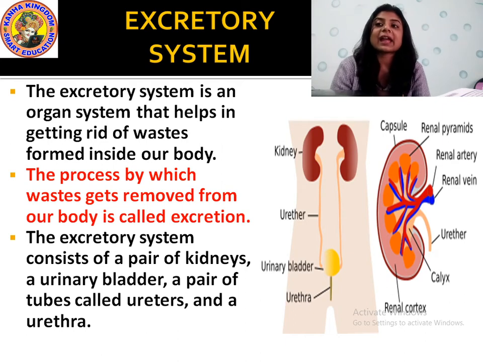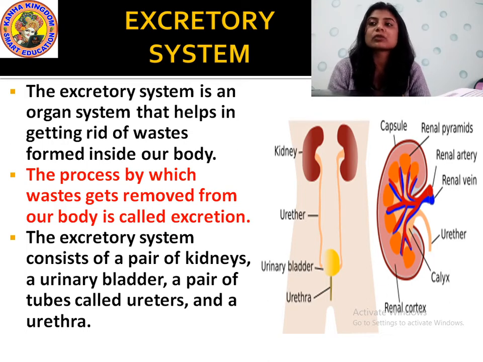Okay, and the excretory system consists of a pair of kidneys, a urinary bladder, a pair of tubes called ureters, and a urethra, where the urine is collected and it gets flushed out of the body through this urethra. Okay,